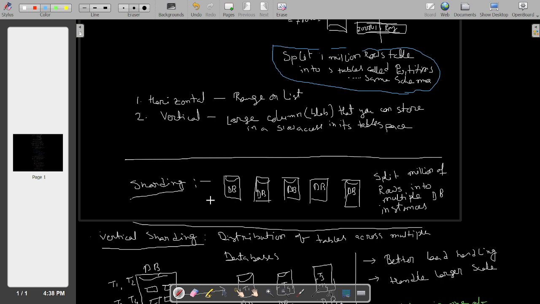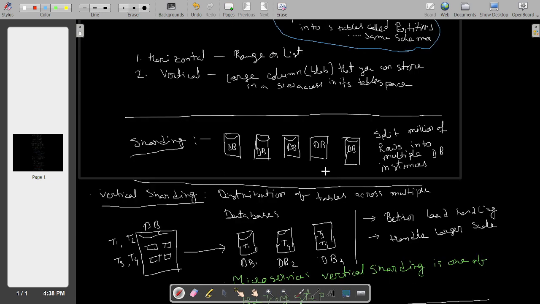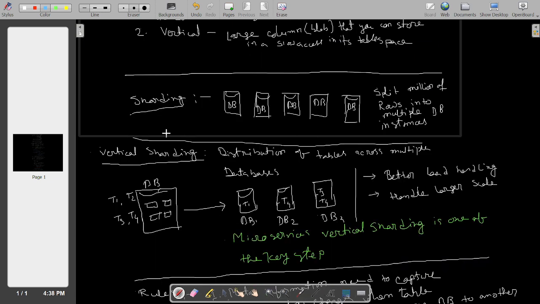From the previous example, we talked about 1 million rows, where you're just making small tables and keeping the same instance and the same schema. But sharding is different. You split millions of rows across multiple DB instances. Suppose it may be three, four, or five, based on your requirement. Now, this is from a theoretical aspect.